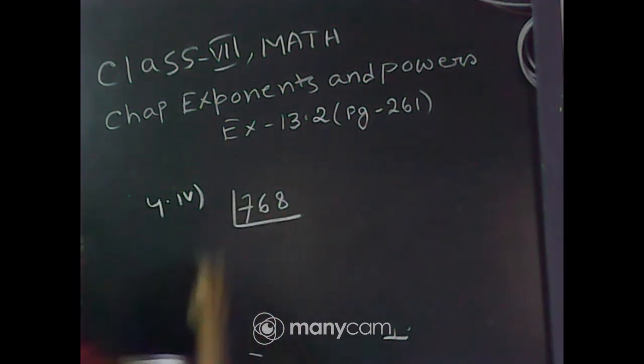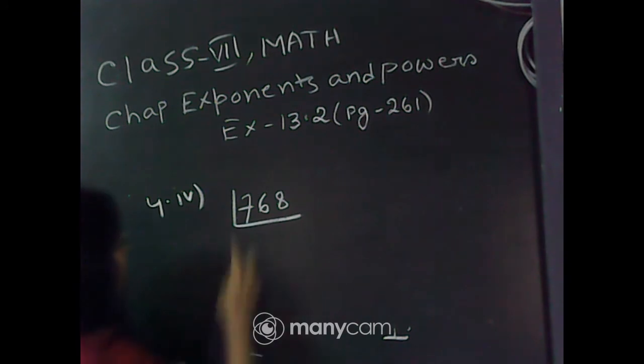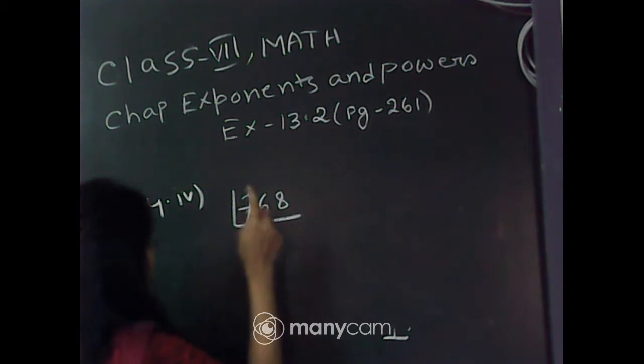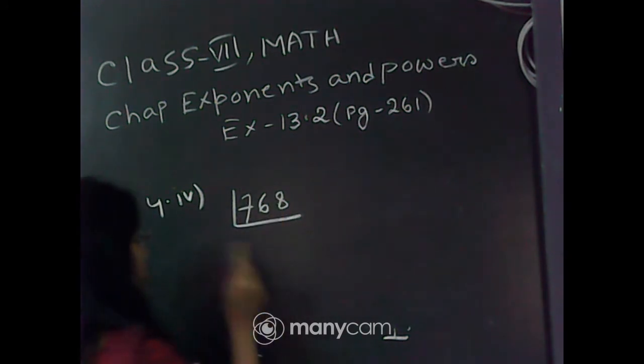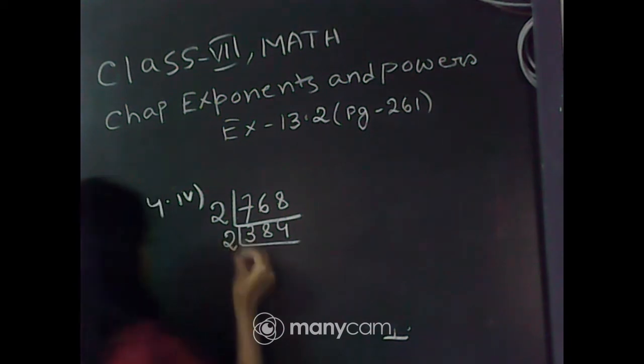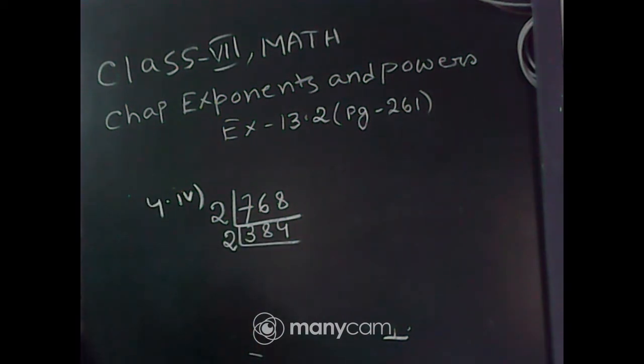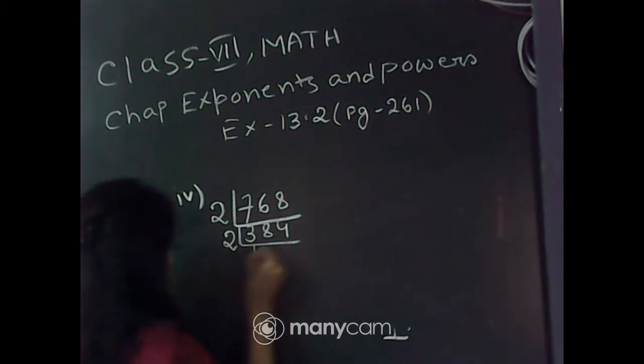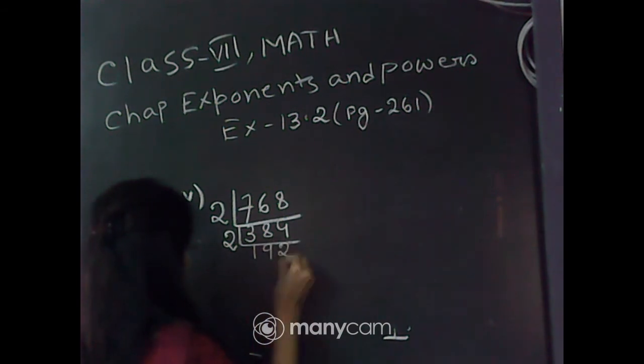We express this number as a product of its prime factors. Now, 768 is divisible by 2, so we divide the number by the prime number 2 and we get... again we divide it by the prime number 2 and we get...